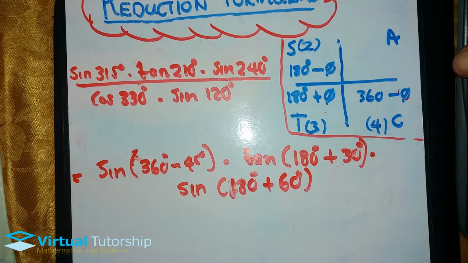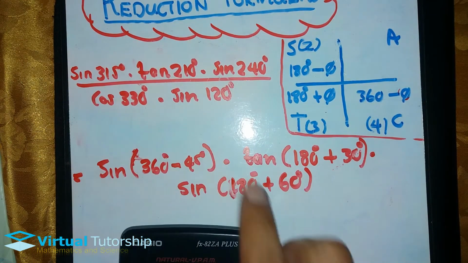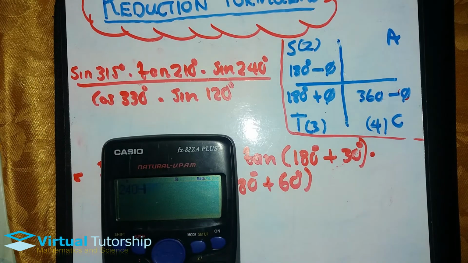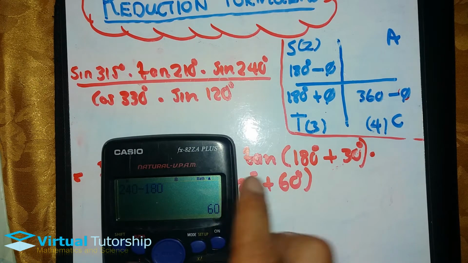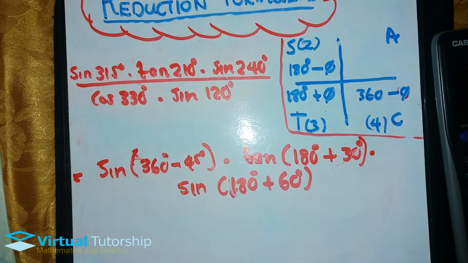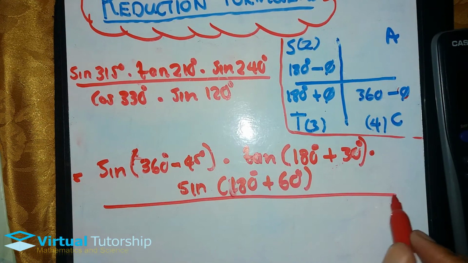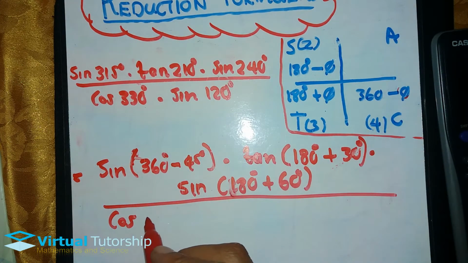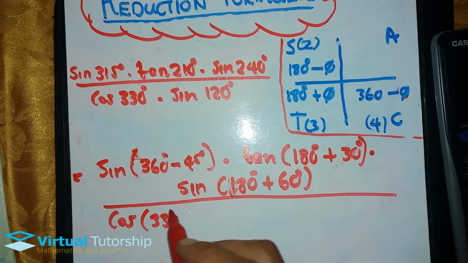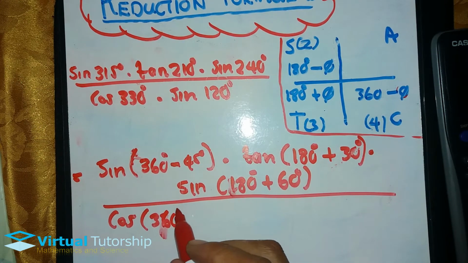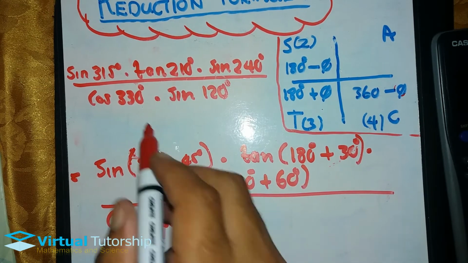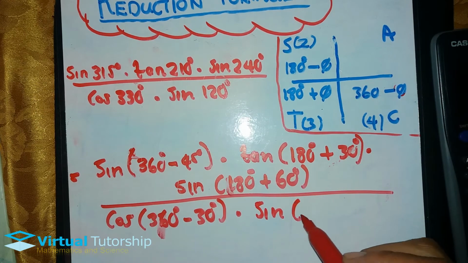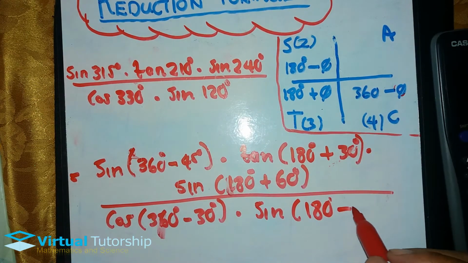So same process nakhona. Remember this whole thing in numerator yale fraction le, ne? So it's 240 minus 180 ngithola is 60 degrees. So 180 plus 60 ngithola 240 degrees, all divided by cos 330 is closer to 360, so kuzoba 360 degrees minus a 30 degrees is equivalent to cos 330, and then sine 120 is closer to 180 minus